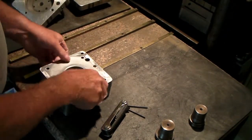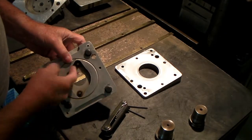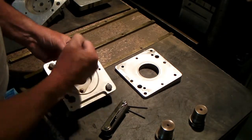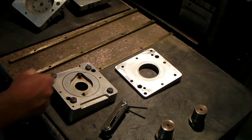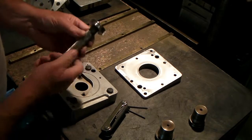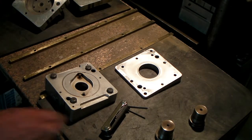Now, when I go to get the part out of there, I found the parts will be stuck in this part of the cavity here on these pins, and it's kind of hard to get them out of there because you can't get a hold of them very well with your gloves. So I made this little tool which locates on the